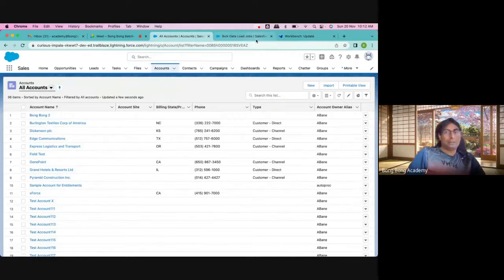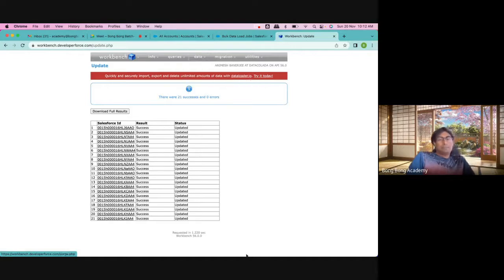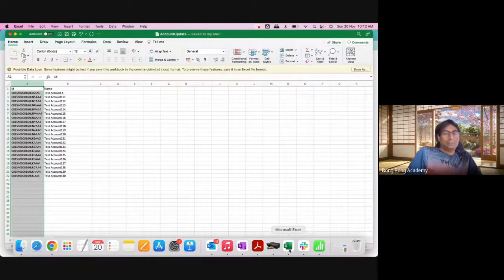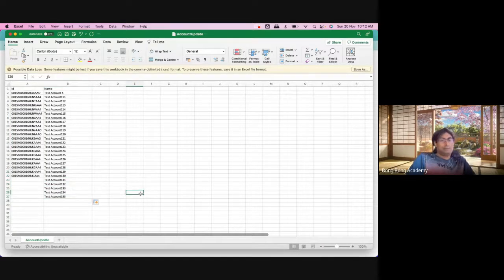Very easy, right? There is an added function in Salesforce and Workbench everywhere. You will see upsert. What is upsert? Upsert is doing insert and update together in one sheet. So if you go there and create 5 more accounts, I don't want to give any IDs here because ID will be generated by